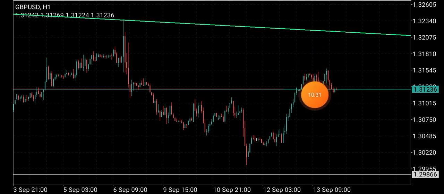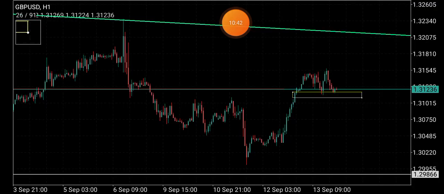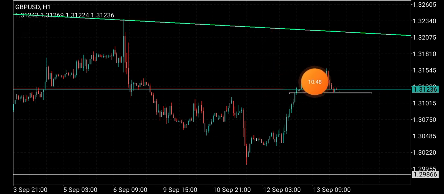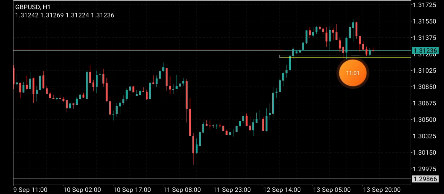Currently, we have done a double top here, but the neck has not been taken out. So what do I mean by the neck? Look at the neck here. It has not been taken out. We already have the first top, the second top. We have a neck here. So until this neck is taken out and closes below it, that is when we can now start thinking of